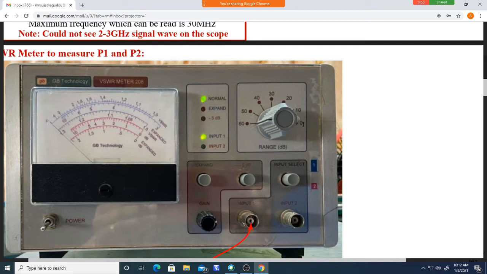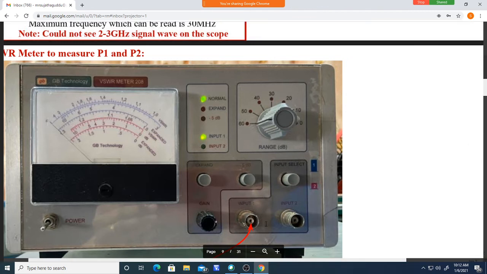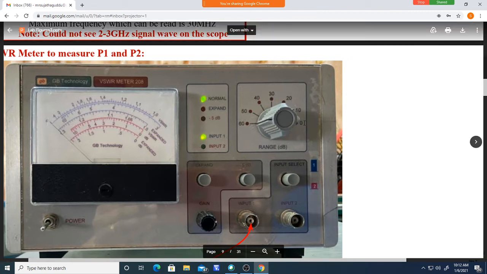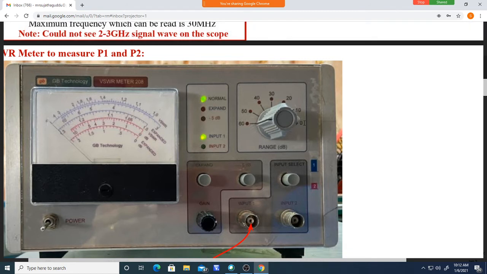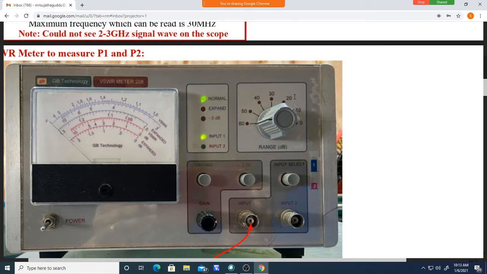If you keep it at 0 dB, that means approximately 1 volt. If you feed the power signal here and it is lesser in amplitude, you may not get 0 dB. It may be -20 dB, for example, which means 0.8 volts or 0.5 volts. 0.5 volts corresponds to some negative value, like -20, -30. Then what you have to do: if you keep it at 0 dB, it may not show. You should keep the selector range at 10 dB or 20 dB.